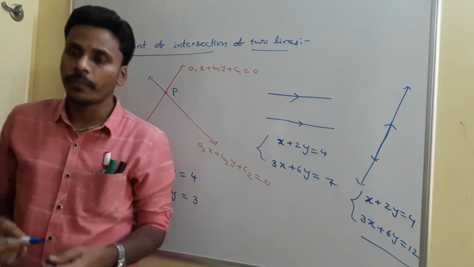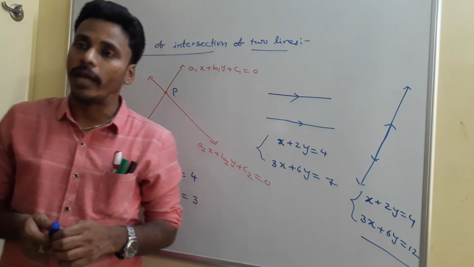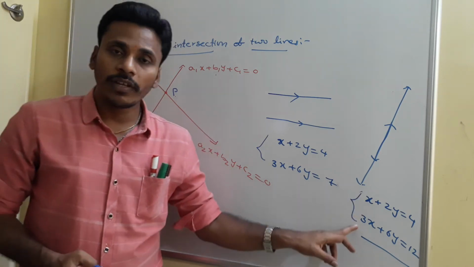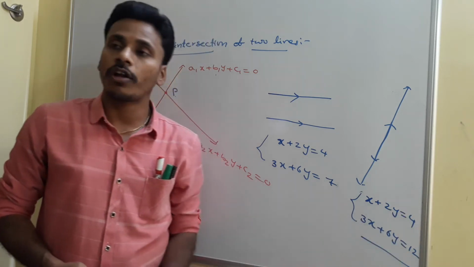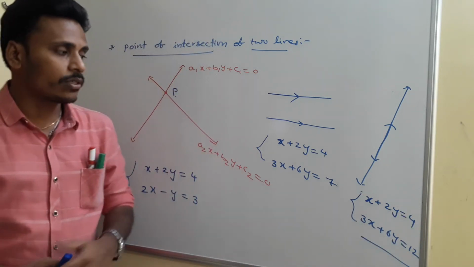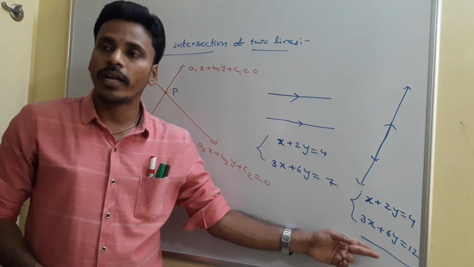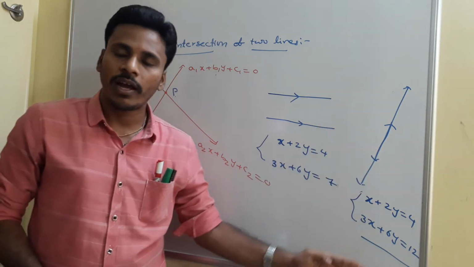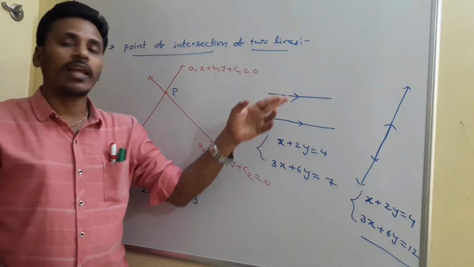Intersecting lines. Okay, as I told you in the discussion of angle between two lines, if two lines are coincident, then in that case the ratio between x coefficients, the ratio between y coefficients, as well as the ratio between constants all are same. a1 by a2 is equal to b1 by b2 is equal to c1 by c2. So this is that case where the lines are coincident. In that case, the ratio between x, the ratio between y, and the ratio between constants, all the three are same. Whereas this is some other case where the lines are parallel.